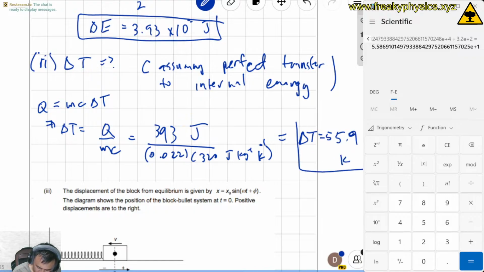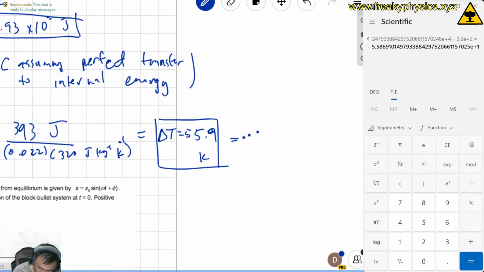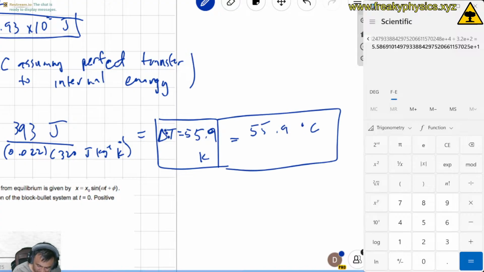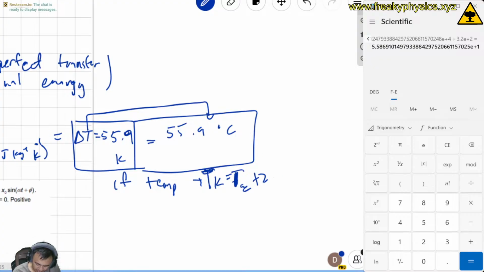Kelvin. Okay, now one trick here, and I want to mention this just in case it would be helpful. This is also going to be 55.9 degrees Celsius, because it's a change in temperature. If it's temperature itself, the temperature in Kelvin would be the temperature in degrees Celsius plus 273.15. So if it's temperature straight away, but if you have a temperature difference,